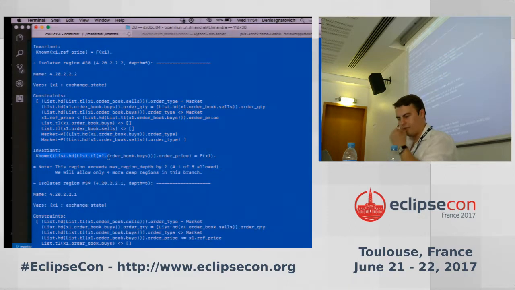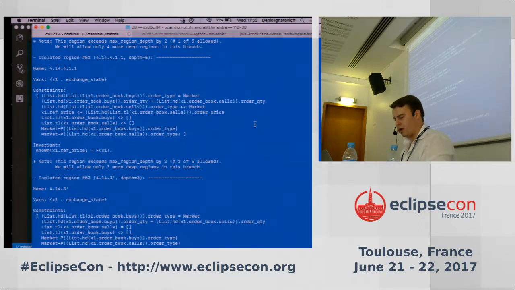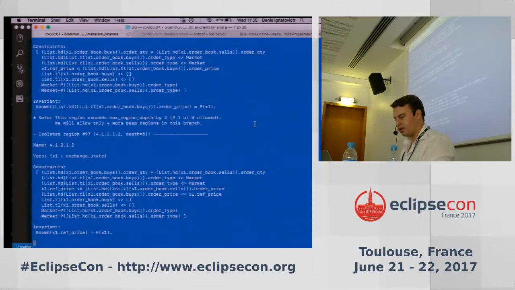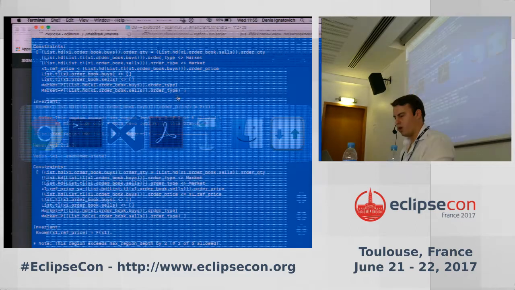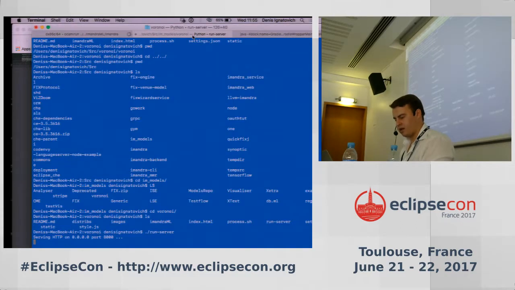This is a bit of an OCaml technical thing, but you can see here it just says that we're looking for the tail of this list of buy orders, and we're looking for the first element. So effectively, this just says that the price within this region will always be the limit price of the second best buy order, right? So that's one way to represent this stuff. And again, we can ask Imandra to generate test cases for it. But alternatively, one cool representation would be